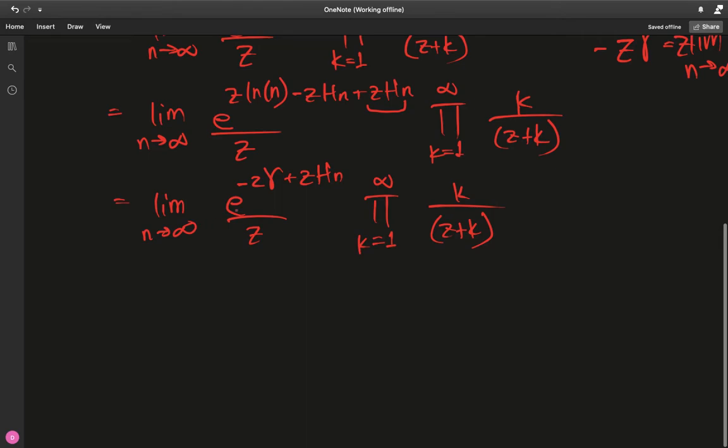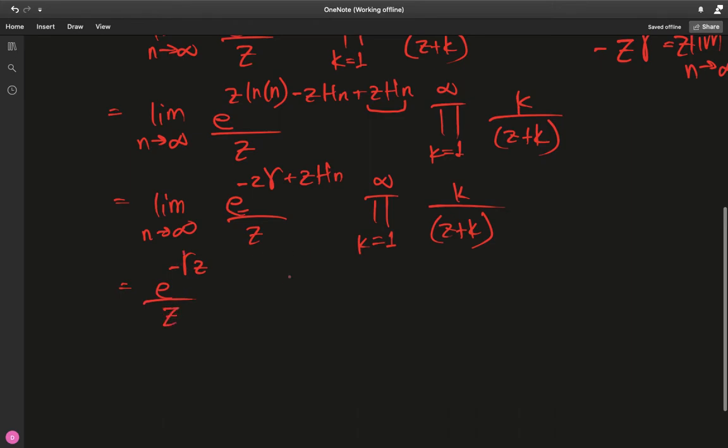Notice that e to the negative Euler-Mascheroni constant times z no longer depends on the limit n, so we can just take it out. We have e to the negative Euler-Mascheroni constant times z